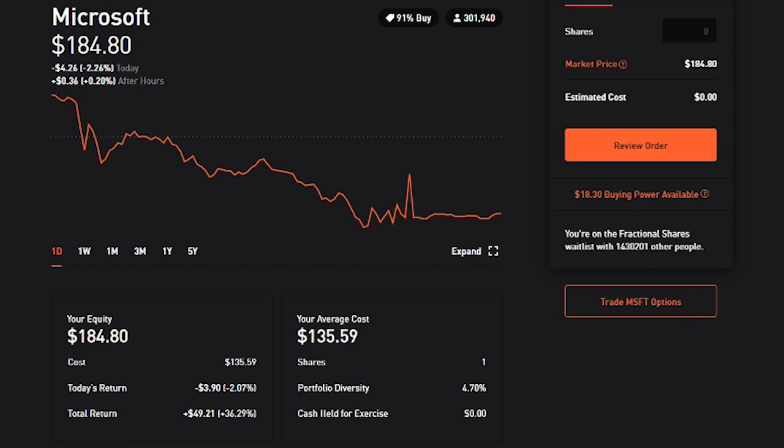This is one that I really want to continue to invest in as well, but I only do have one share of this, but it makes up almost 5% of my portfolio because of the cost of it right now. Now the cost is $184.80, but it actually cost me only $135.59. So for a single return on one single stock, I think this is the best that you're going to see in my portfolio. $49.21,